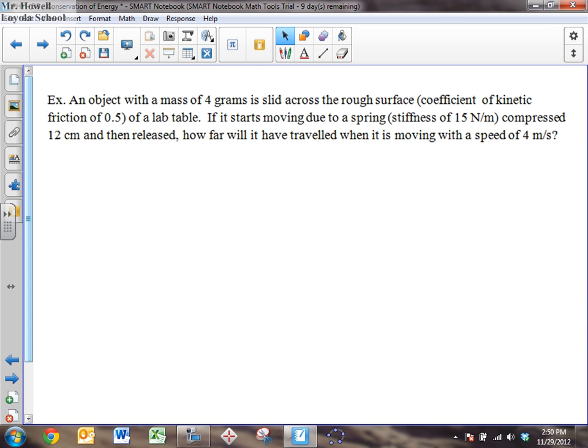An object with a mass of 4 grams is our last one for this section. An object with a mass of 4 grams is slid across the rough surface of a lab table. Imagine the coefficient of kinetic friction is 0.5. Okay, think back to forces. It's going to come into play here. If it starts moving due to a spring,